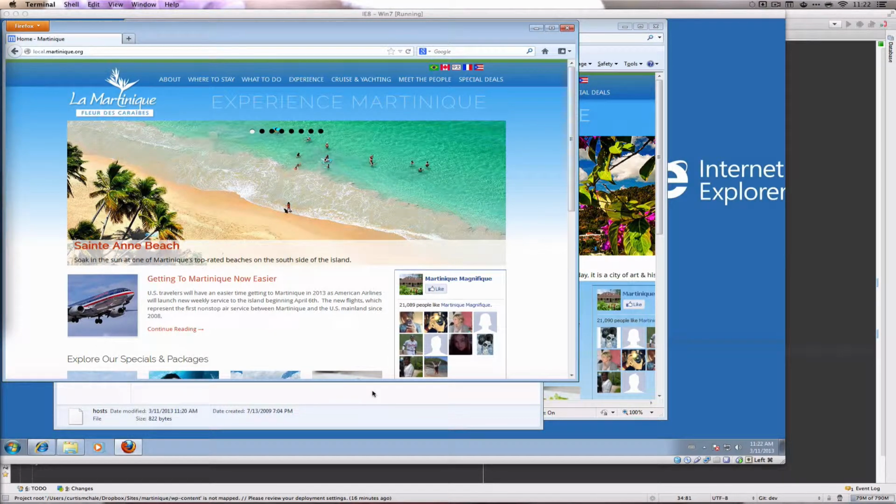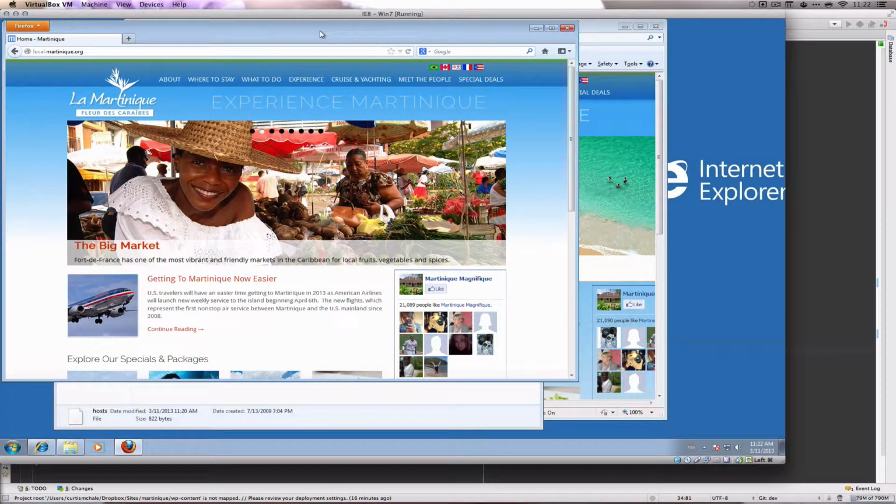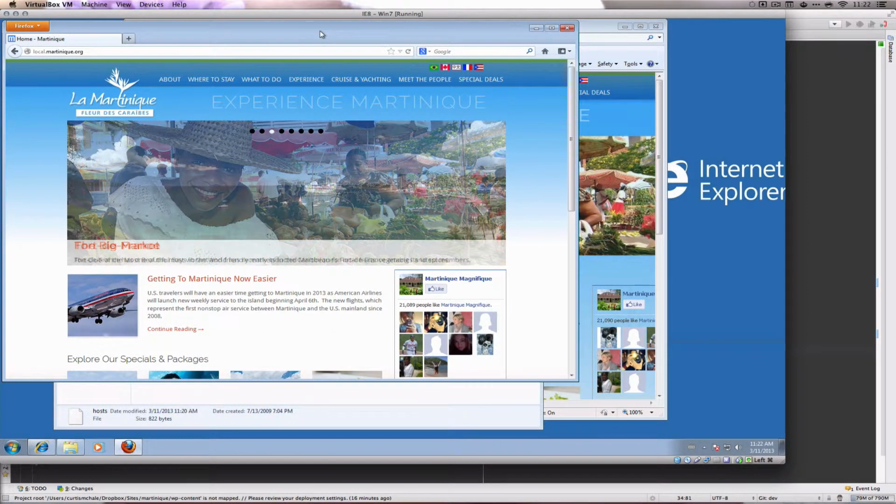Today we're going to look at local testing with Virtualbox on OS X and MAMP. So when you're going to build a site and you need to test display in other browsers, specifically on Windows and Mac,